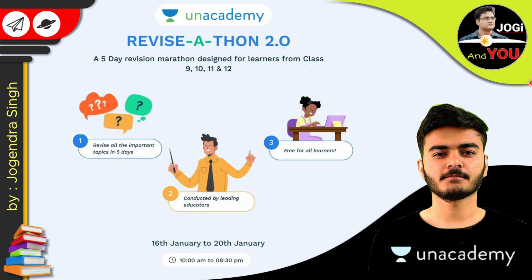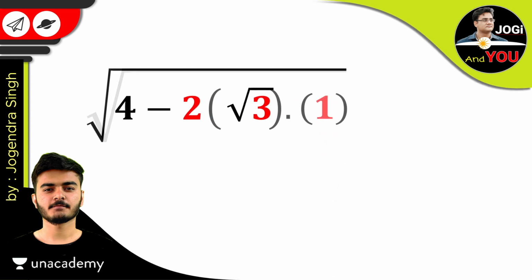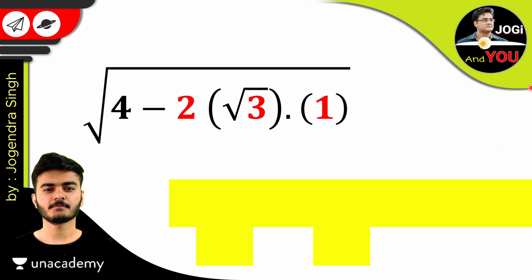Now let's come back to our current question. So the first question is this, and for that I'm telling you a simple method. Just follow that method. The problem we got has the sign of a nested radical, with a root under the root in the form of 2 root 3. So we have to factor 2 root 3, but in a way in which the 2 is compulsory. Keeping 2 aside, we have to factor the rest of the number into 2 parts, I mean root 3. So in how many ways can we factor this root 3? Only root 3 multiplied by 1. No more possibilities. So our factors will be 2 times root 3 multiplied by 1.